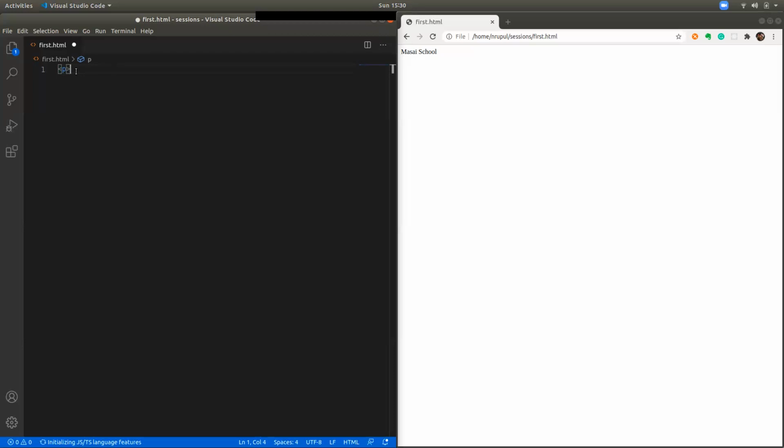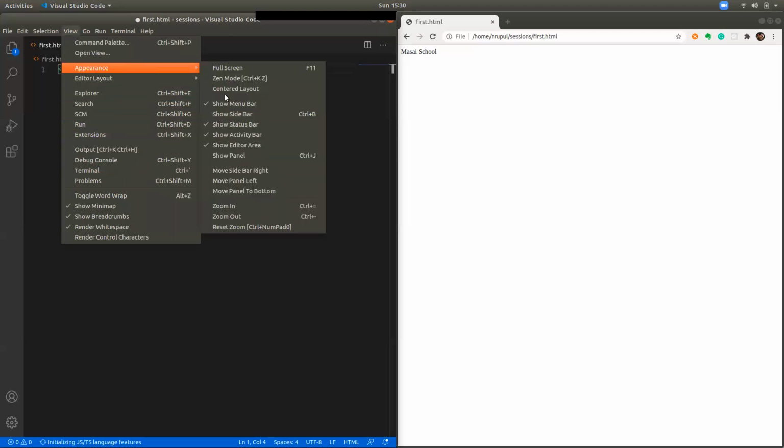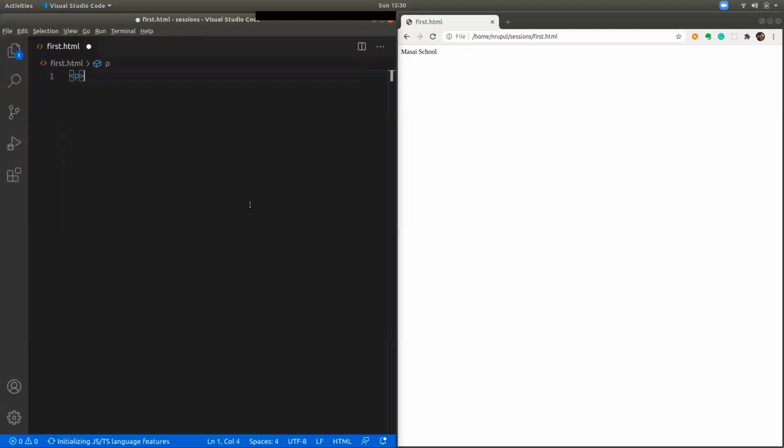So for that, you need two things: one, a starting tag, and an ending tag. Okay, now how do the starting tag and ending tag look? Both almost look the same. So here in this case, the starting tag is P. So this is the starting tag.